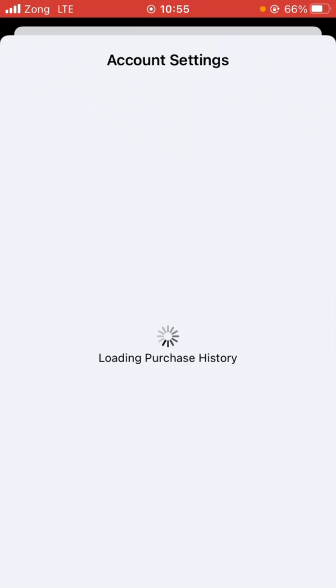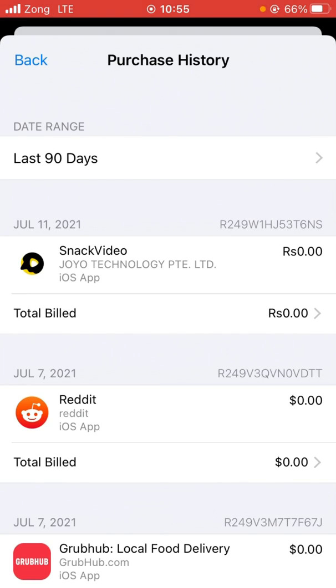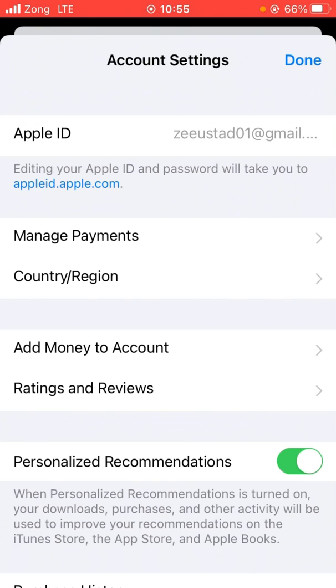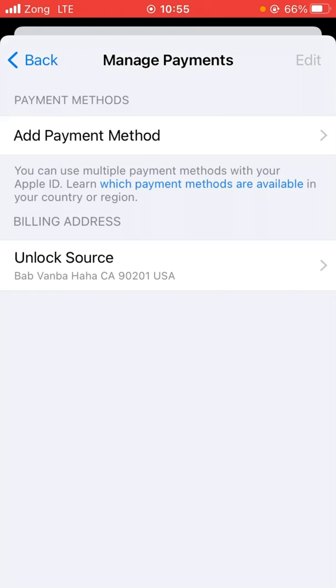and from here make sure that you don't have any unpaid subscription here. If you have, please remove them or pay for them, and then go back and tap on Manage Payments, and from here tap on Apple ID profile name,